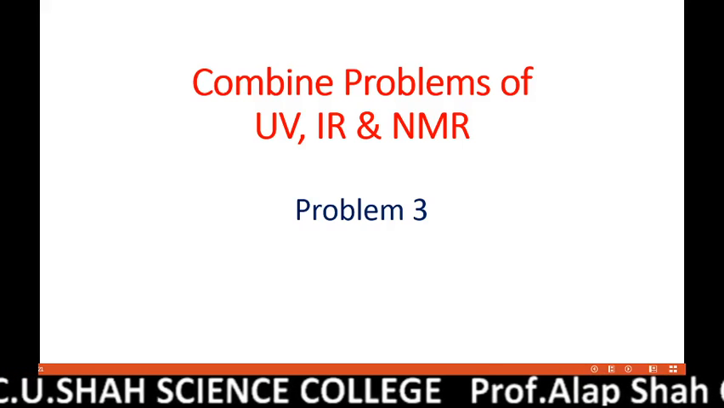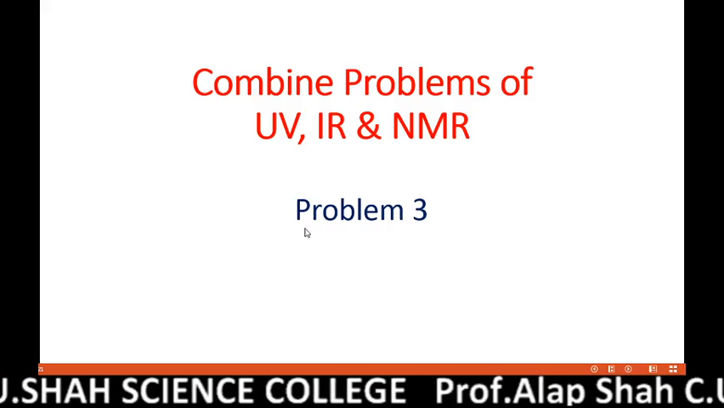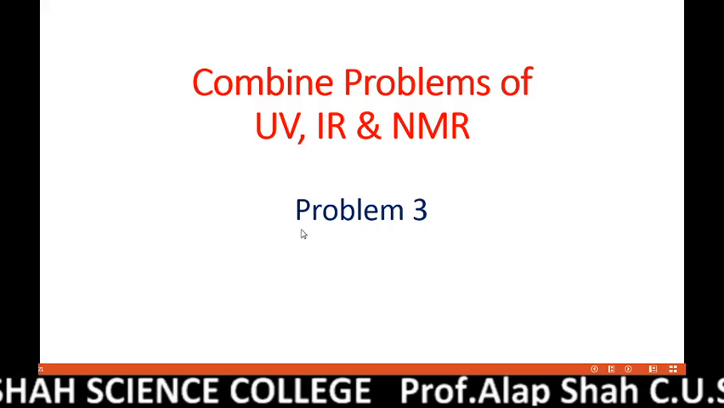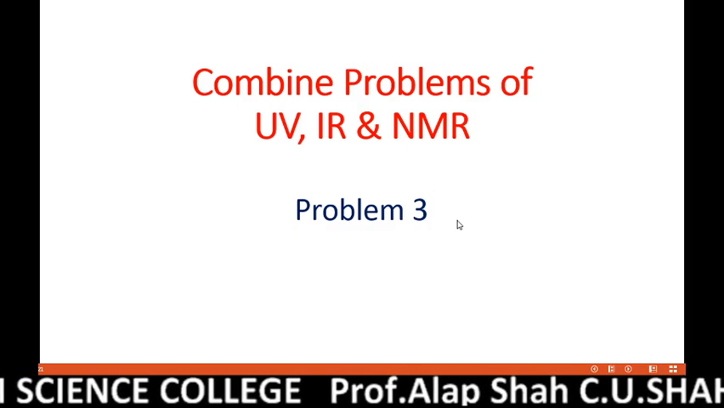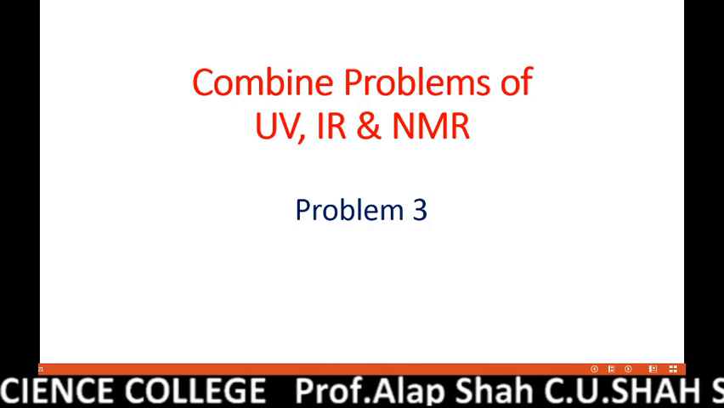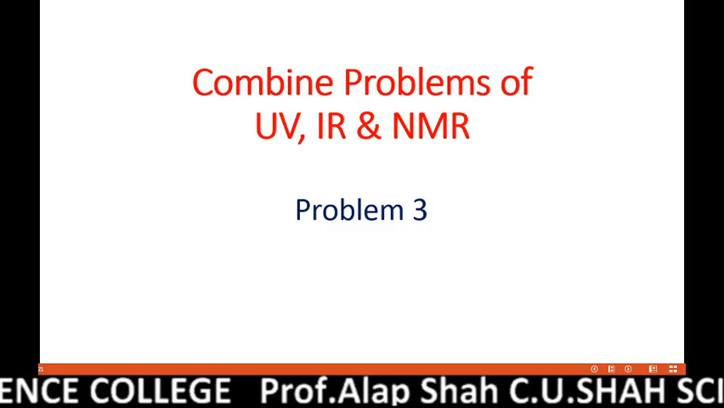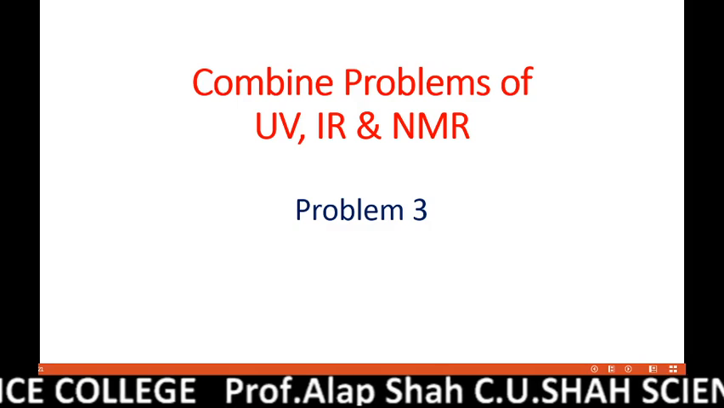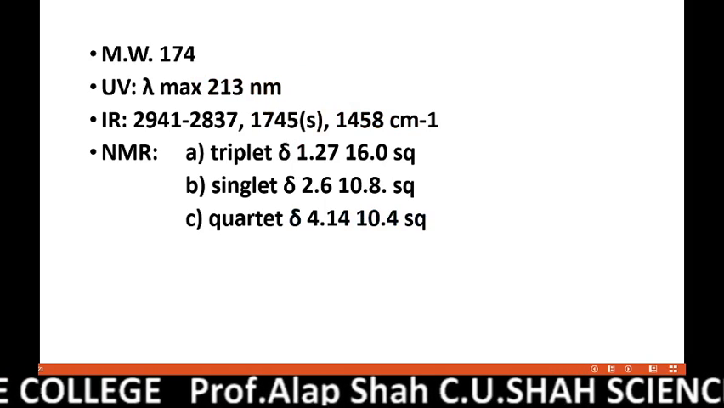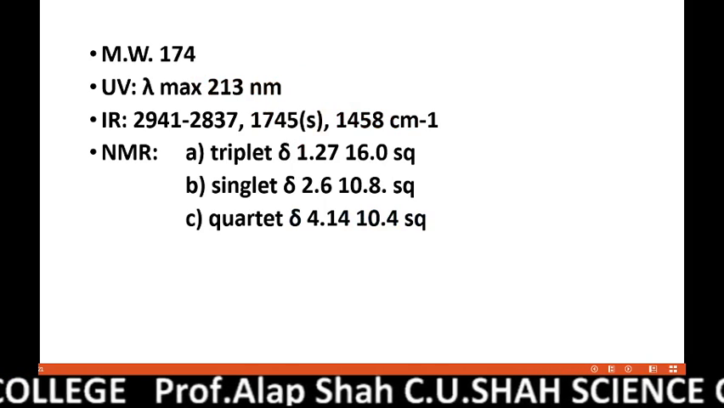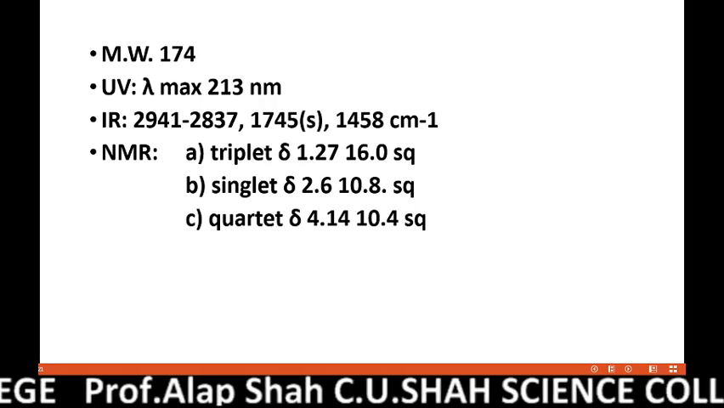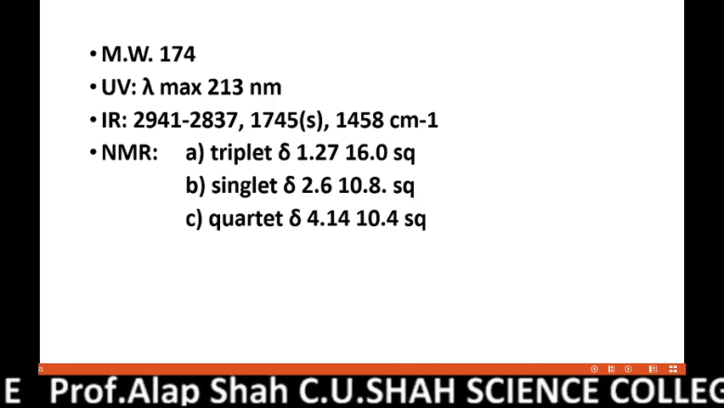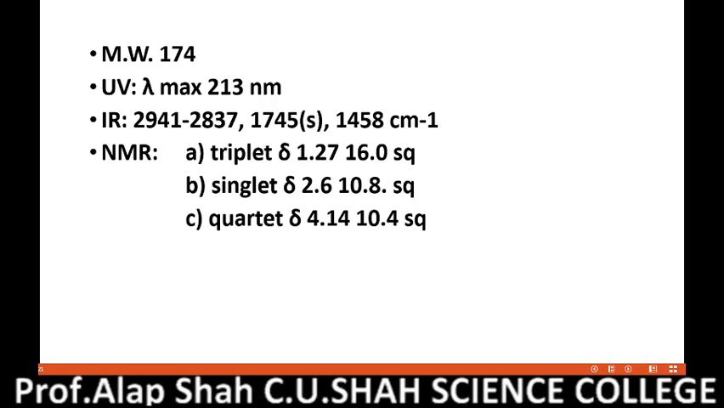Hello everyone. In the last two presentations, we started discussing the combined problems of UV, IR and NMR spectroscopy. So in the same series, let's continue and discuss the third problem. The molecular weight is 174, UV 213 nanometer. That is indicating absence of conjugation. If we read IR, then